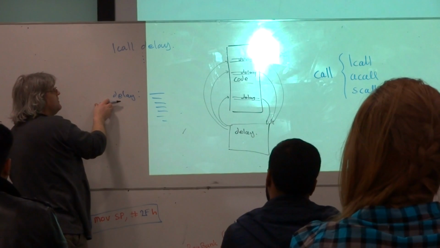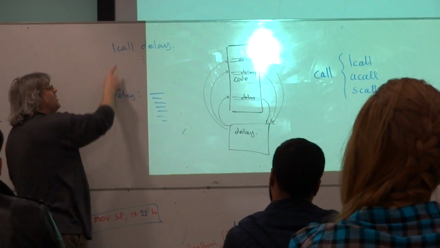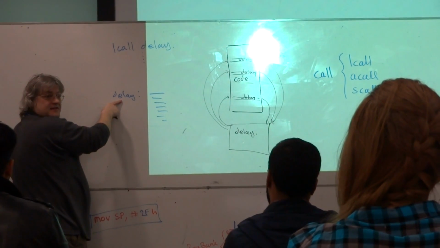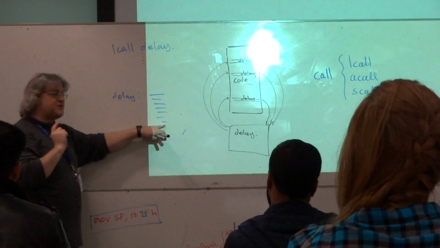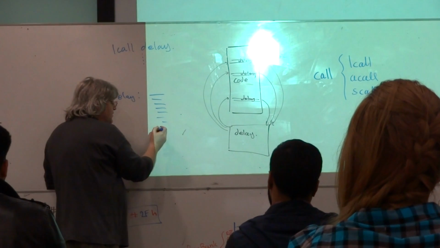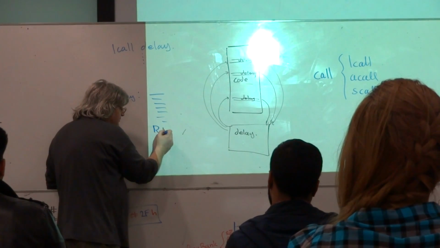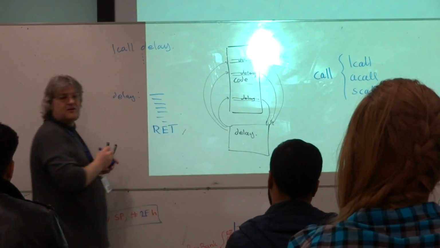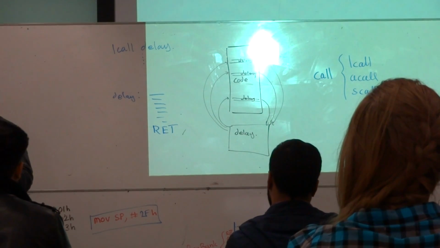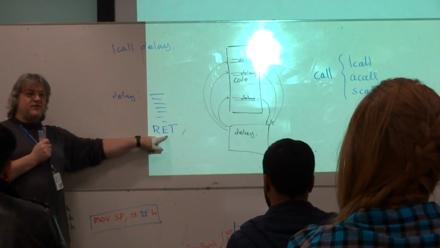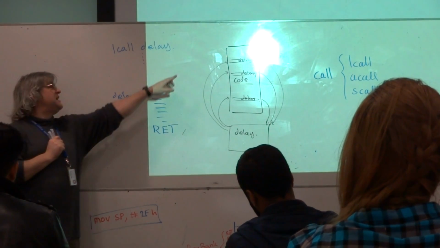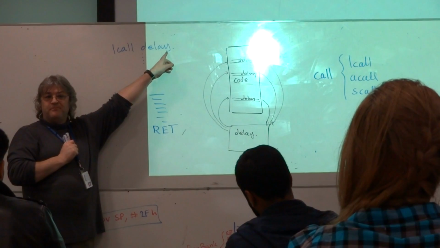The program counter will then be updated with this address. Go to here, start executing this program, and then for a subroutine, it's absolutely essential you finish it with the instruction RET, return. RET basically says, go back to the stack,